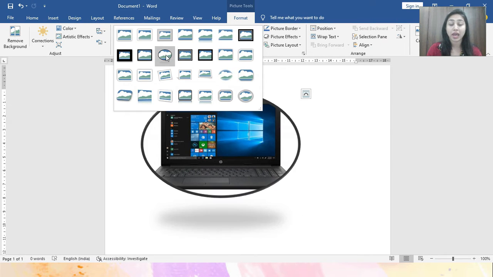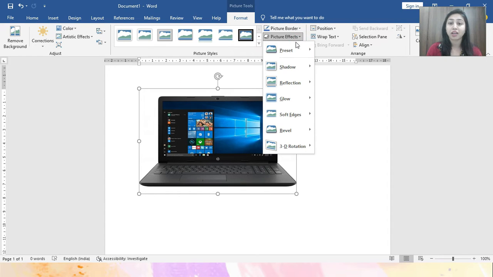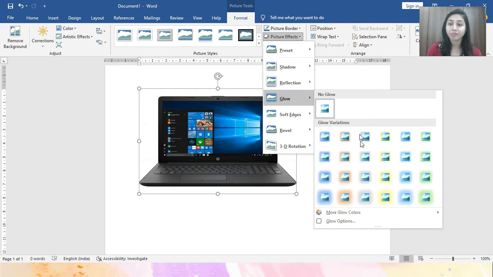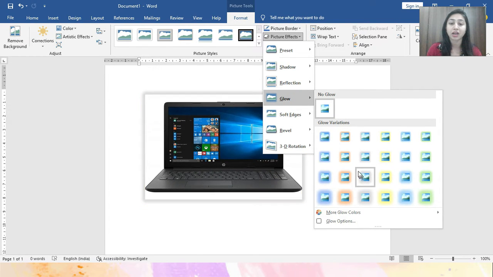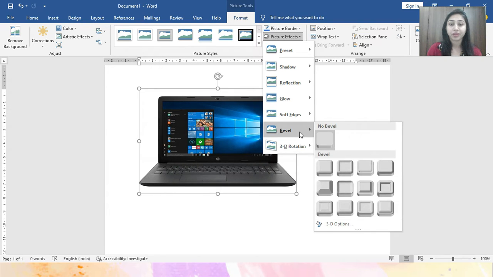Okay, you can add borders to your pictures, you can set effects on your pictures. Okay, clear to all of you? You can see the different effects here in the format tab. Okay, clear how to insert a picture and how to format that picture.